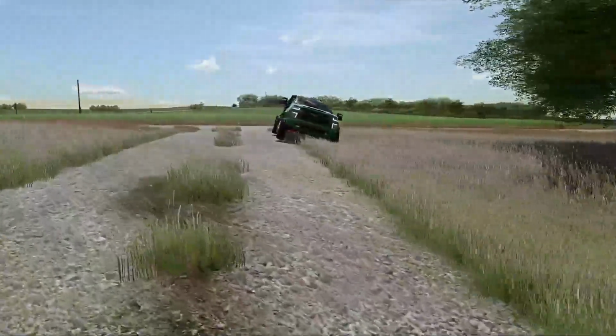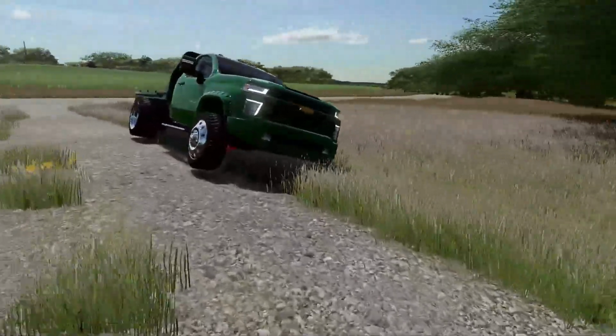And look at that truck, the suspension on that truck. The tire's not touching the ground, but...